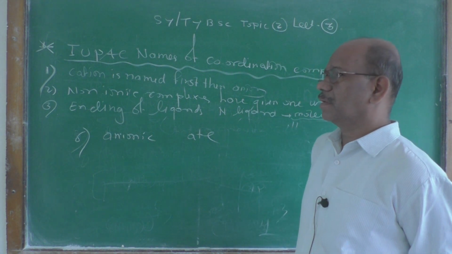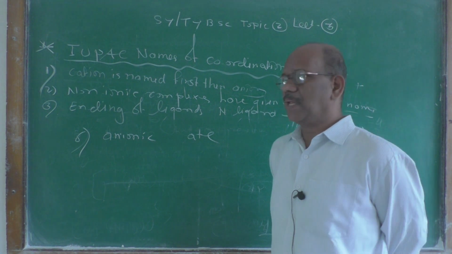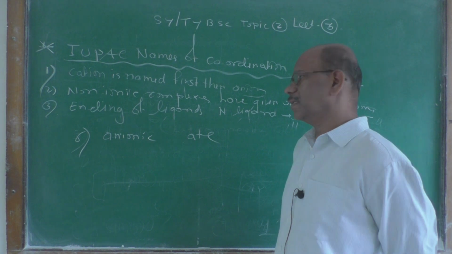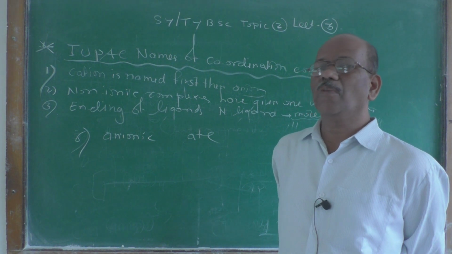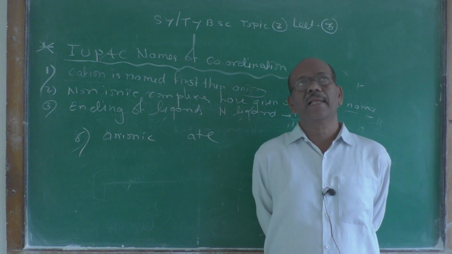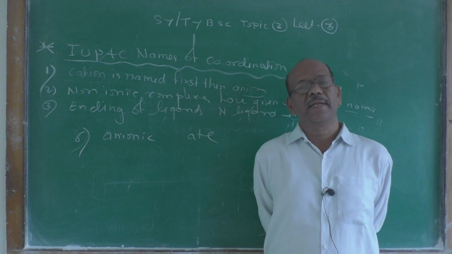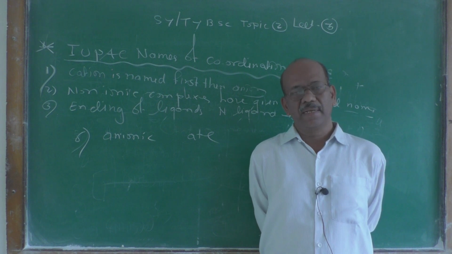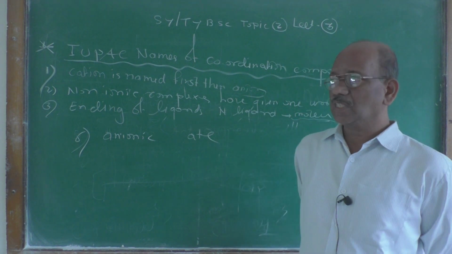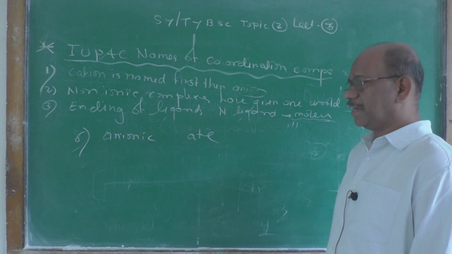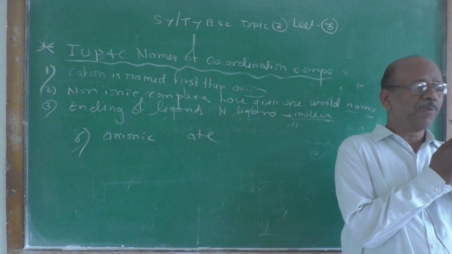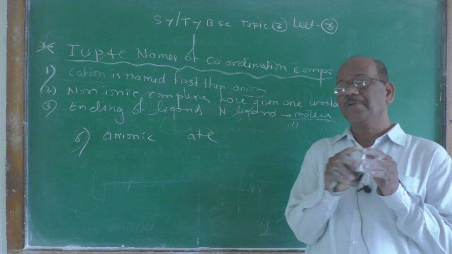But only if the anionic complex is there, we have to end the name of the complex with ate: aluminate, cobaltate, chromate, nickelate, palladate, platinate. So like this we have to use it, means if on the square bracket a negative charge is there,